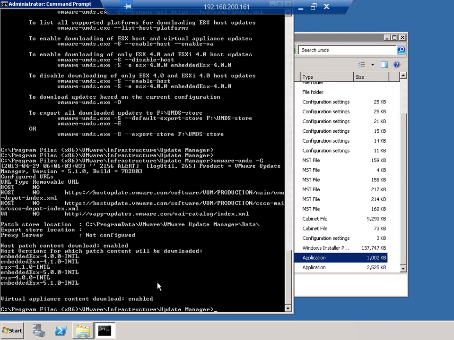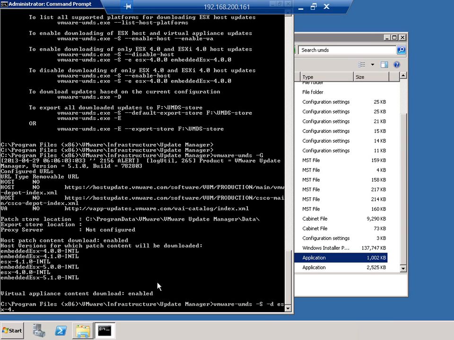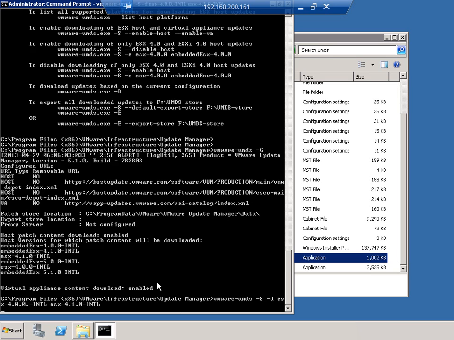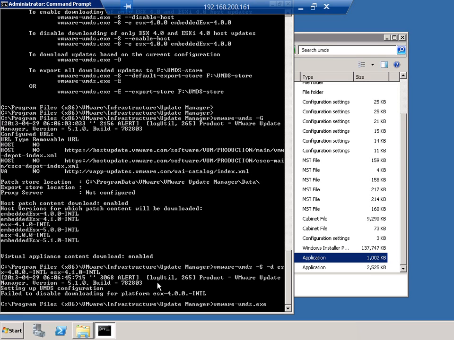I don't care about most of that stuff, so I'm going to remove some of it. So the way you do it is vmware-umds -S, which is setting the config, -delete to remove a package. And I'm going to do ESX-4.0.0-international, ESX-4.1.0-international. And if we do get,